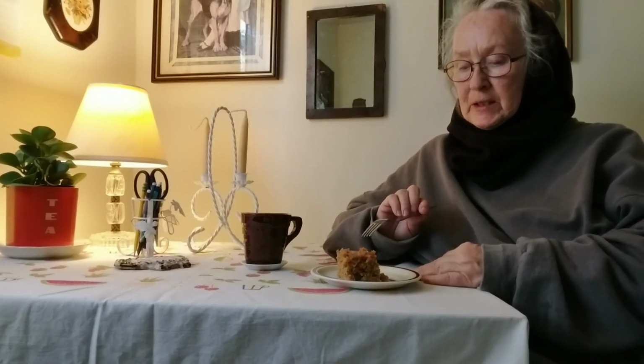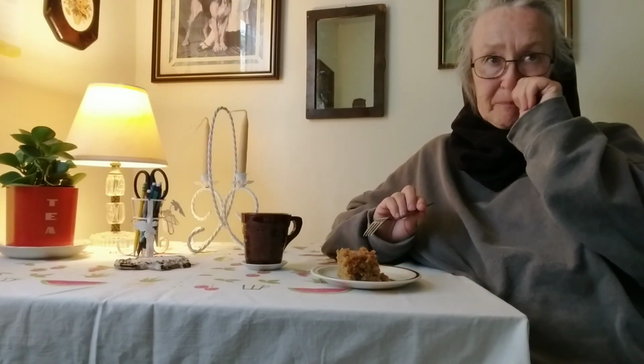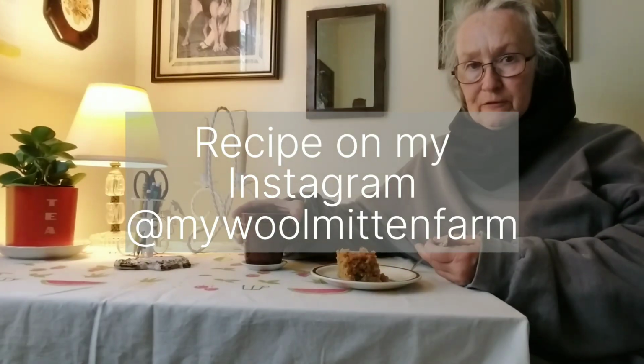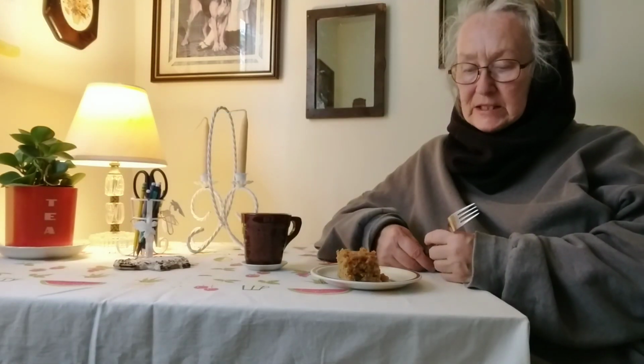So yesterday I made an apple cake, an old-fashioned apple cake, and I love this recipe. It's from an old church cookbook, and it's super simple and very easy to make half a recipe. So I'll try to remember and share that with you. Made myself a fresh cup of coffee, using an old mug from my parents' house, and I'm